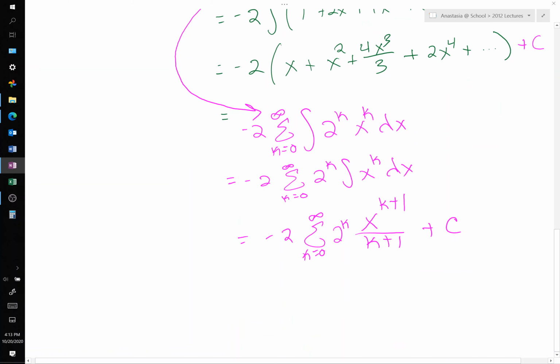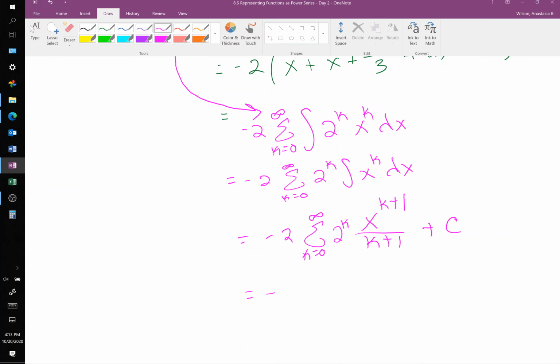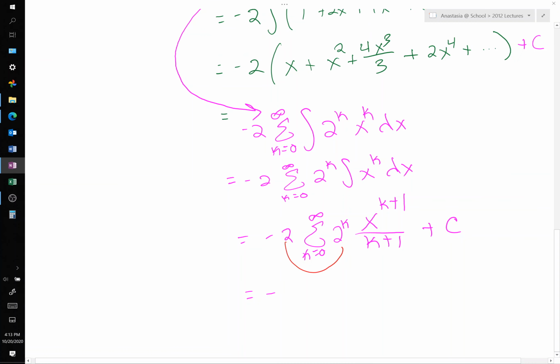Okay, so going back to what we have, -2 sum from k equals 0 to infinity of 2 to the k x to the k plus 1 over k plus 1. If you want to, you can move the 2 inside and combine the powers so that you have 2 to the k plus 1. You do not have to do that though, so if we did, we'd have negative sum from k equals 0 to infinity of 2 to the k plus 1, x to the k plus 1, all over k plus 1,